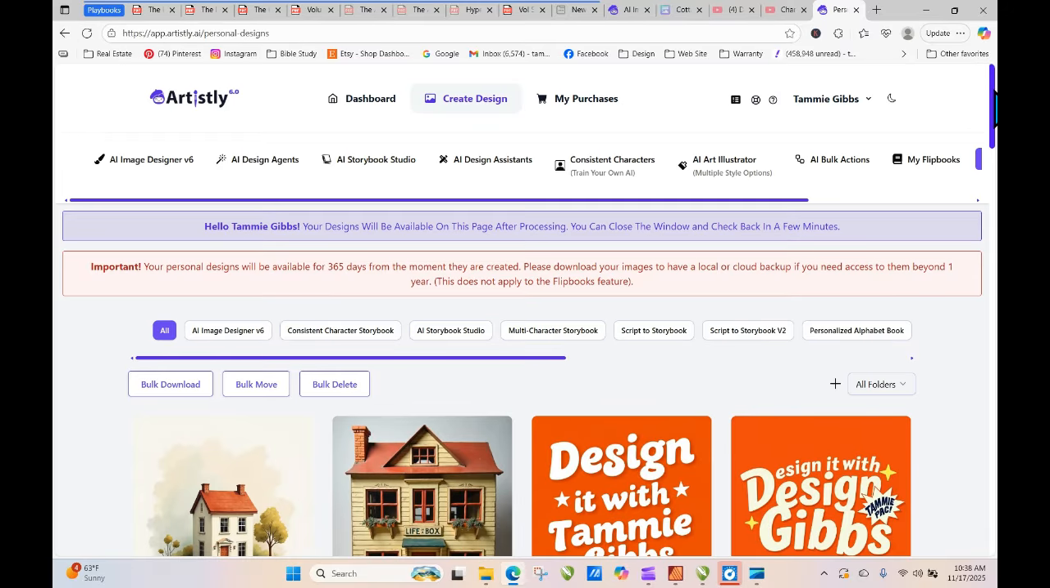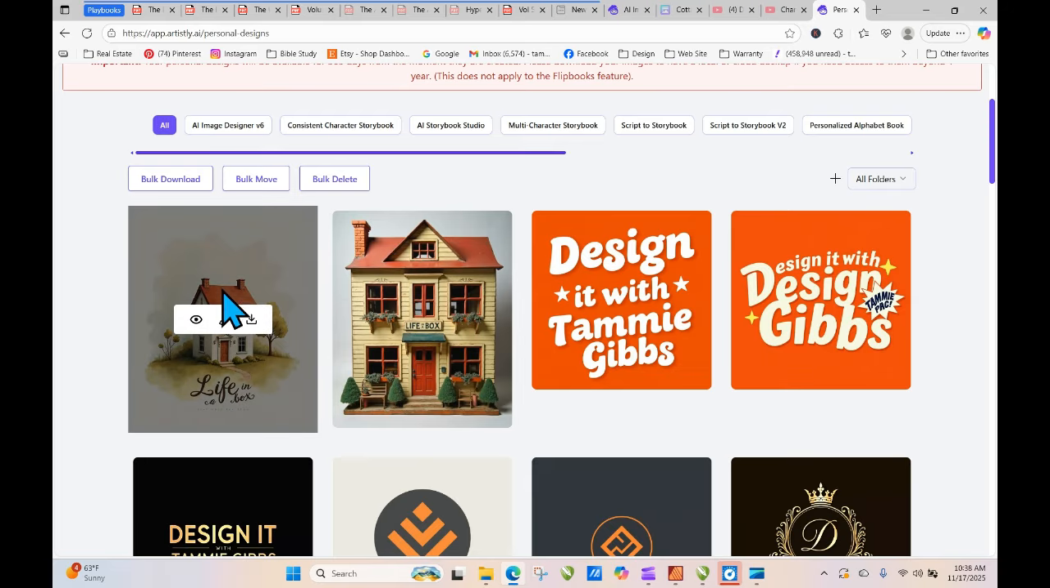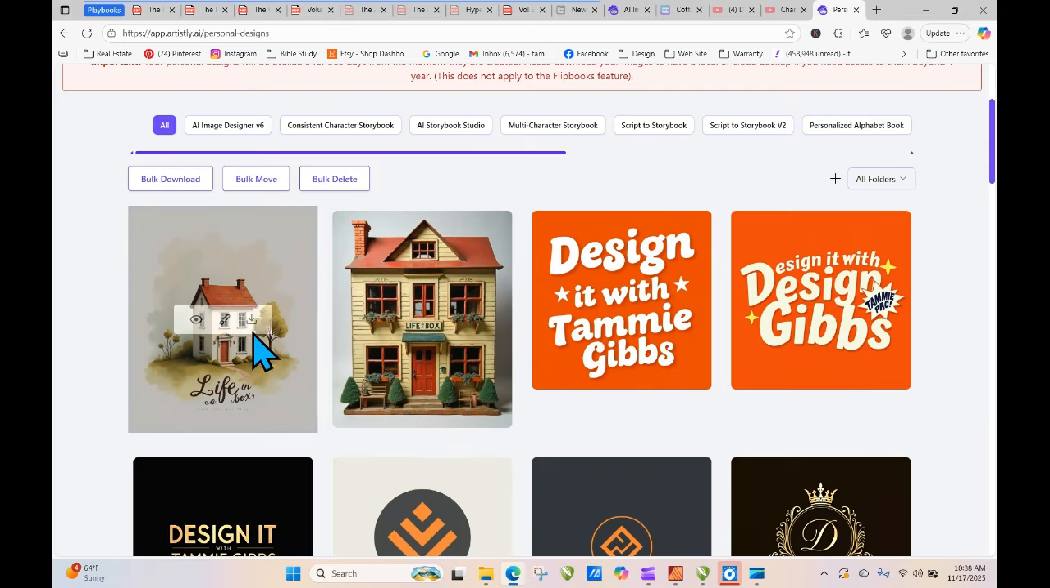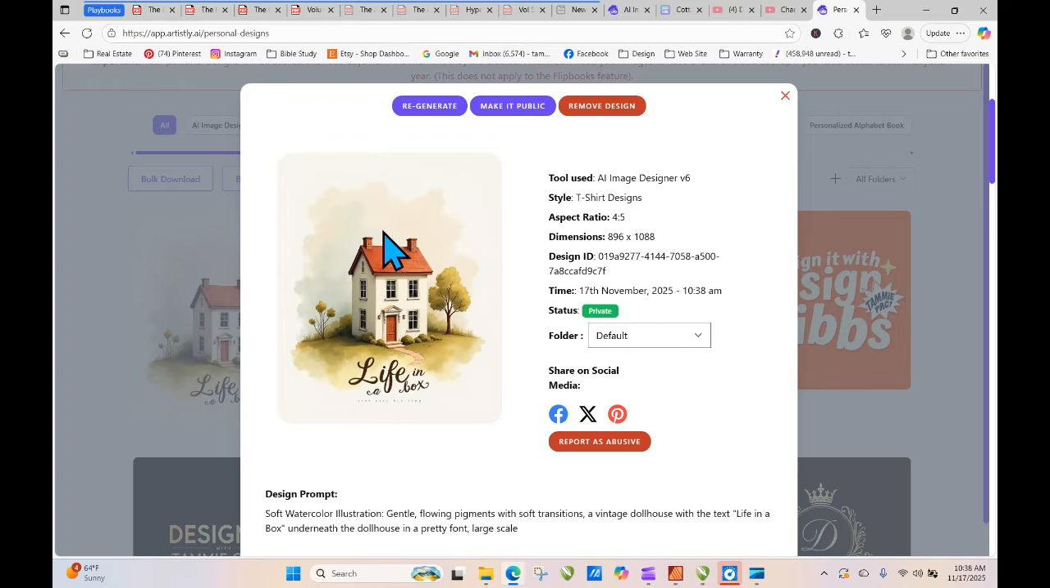So here we have the image, life in a box, and we have a cute little image. I don't know what this is, which I would erase down at the bottom. But there we have something that could be a cute little image on a t-shirt. And like I said, I'm just playing with things here, but you see how pretty a watercolor this is. So this could be just an image. You could use it for anything. You could use it for a note card and